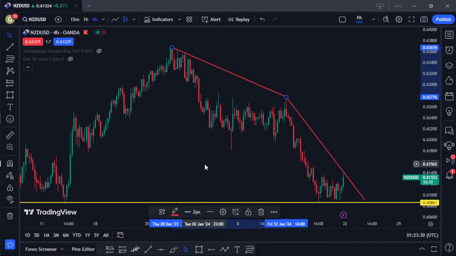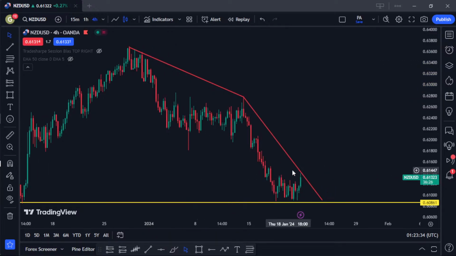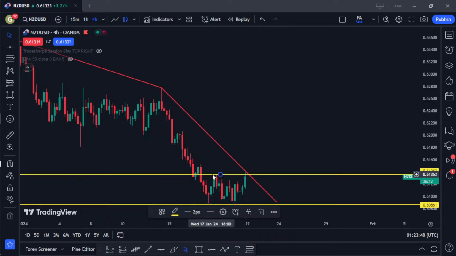So with this structure, I'll be looking for a buy order, provided if the market should break above here. So now let me show you where you should enter a buy order, because this market is a downtrend, but the downtrend is actually reversing upward. Now if you take a look at it carefully, the buy option is reversing. The market is reversing from the downtrend to an uptrend right now. So you see this minor area here, this